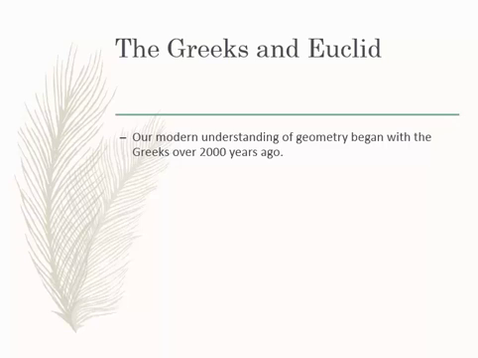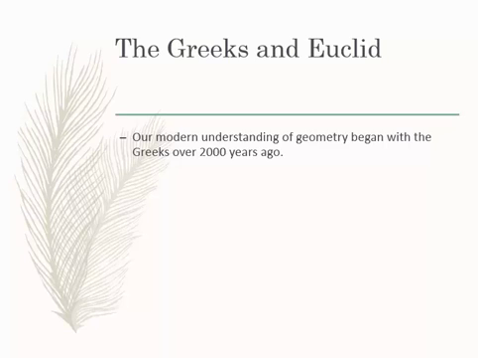But to go back to the Greeks and Euclid, what we're going to be doing is called Euclidean geometry, right? And it's basically our modern understanding of geometry, right? And our modern understanding of geometry began with the Greeks. It wasn't the Romans. It wasn't even the Arabs, right? They did a lot in algebra. They invented the number zero, the Hindus and the Arabs and all that. But